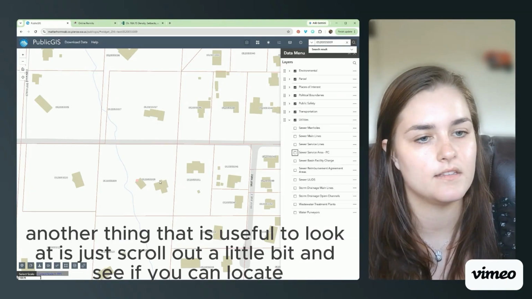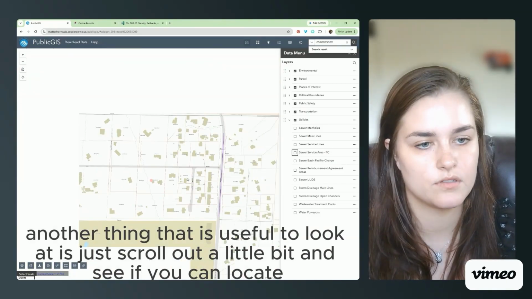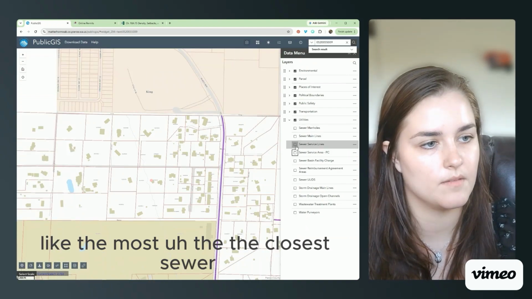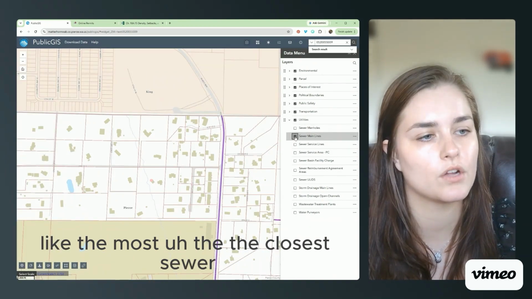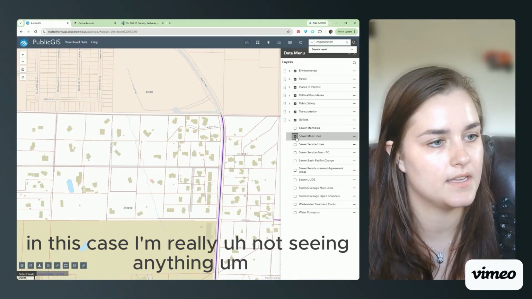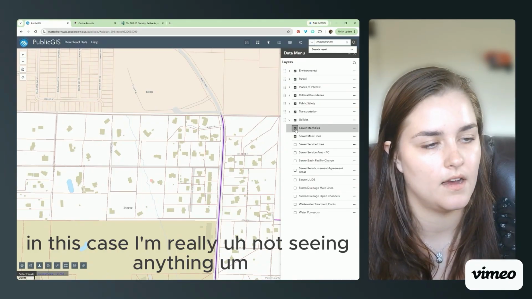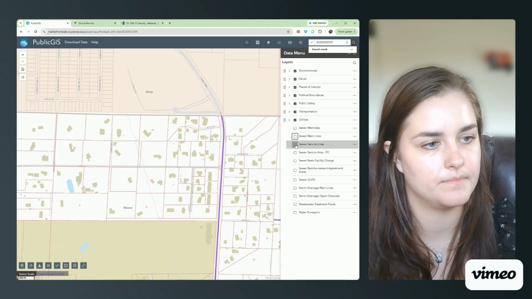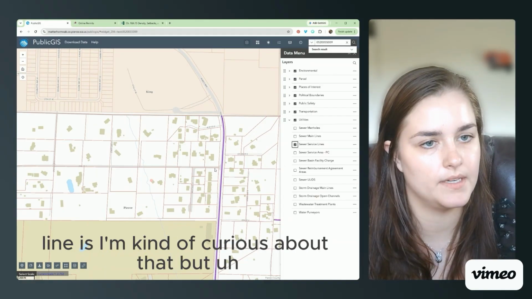Another thing that is useful to look at is just scroll out a little bit and see if you can locate the closest sewer. In this case, I'm really not seeing anything. I'm actually not sure where that purple line is. I'm kind of curious about that,